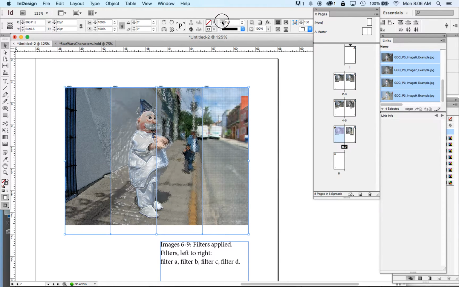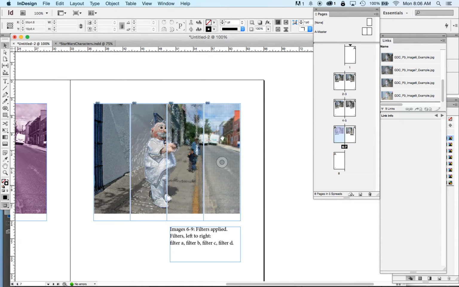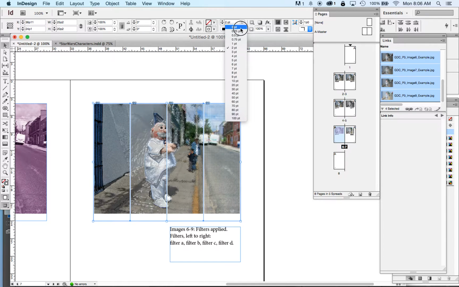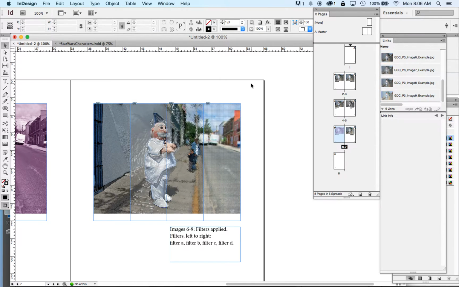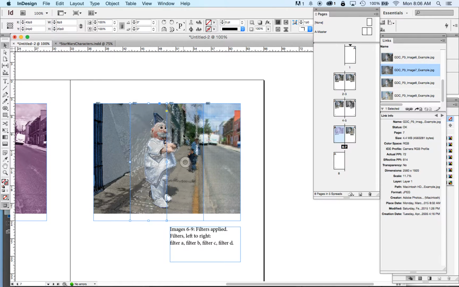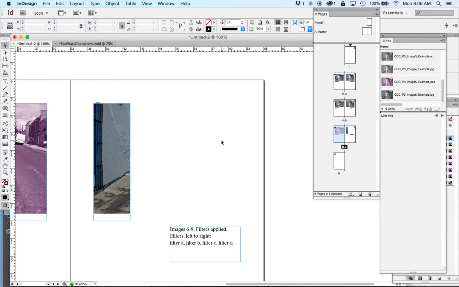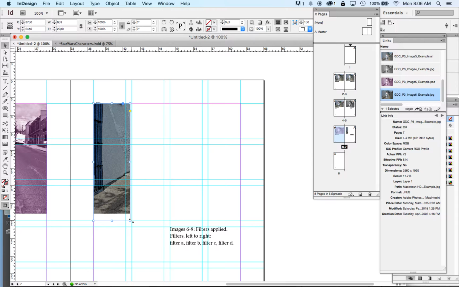If I make the rule thicker, it gives me a little bit more of a stripe. Just enough to help me see the split between the 4. That's up to you. You can do that or not do that. Entirely up to you. I'm going to go back to my image 6,